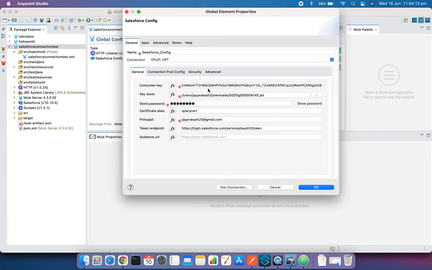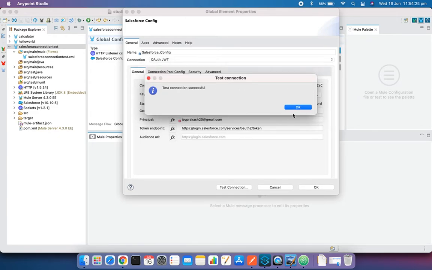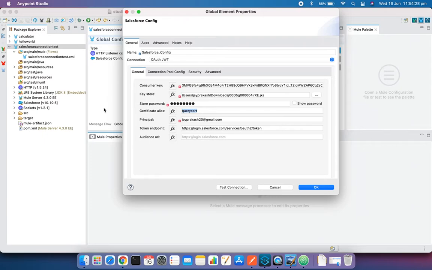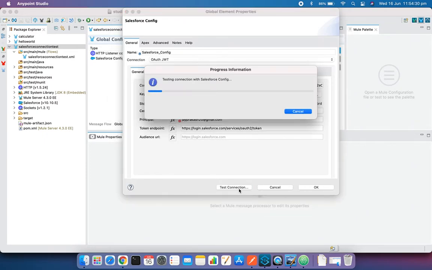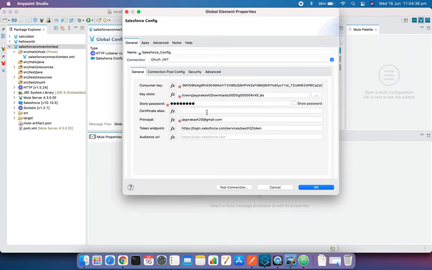Control V. Yep. Okay, and if I remove it, it is still working. Let's see. Okay, and in this case,